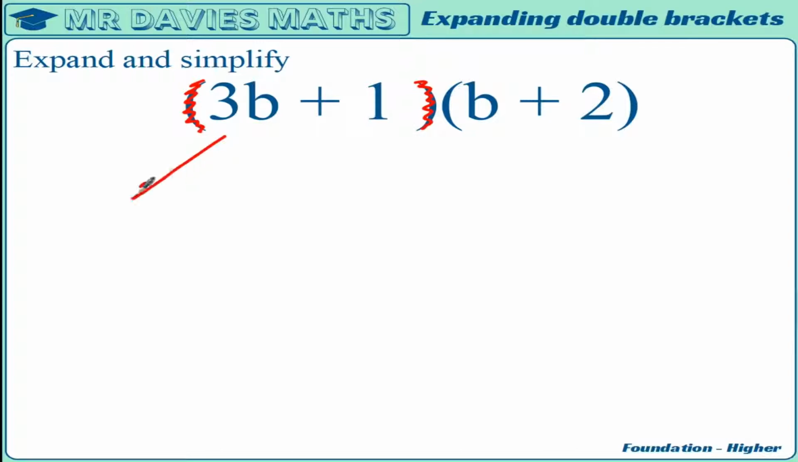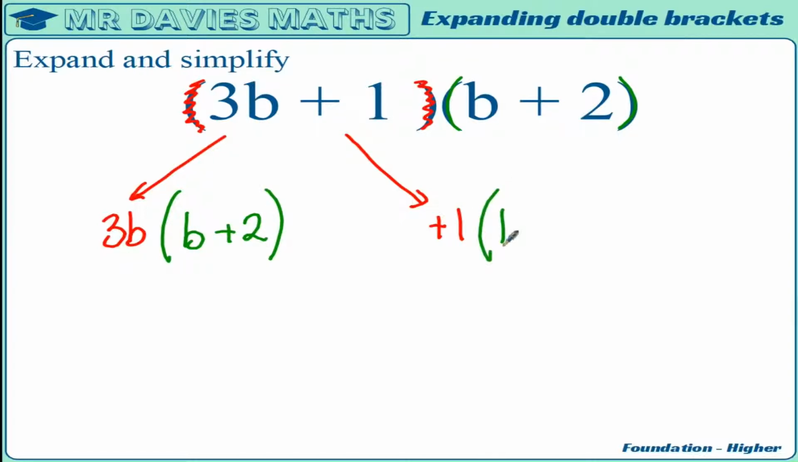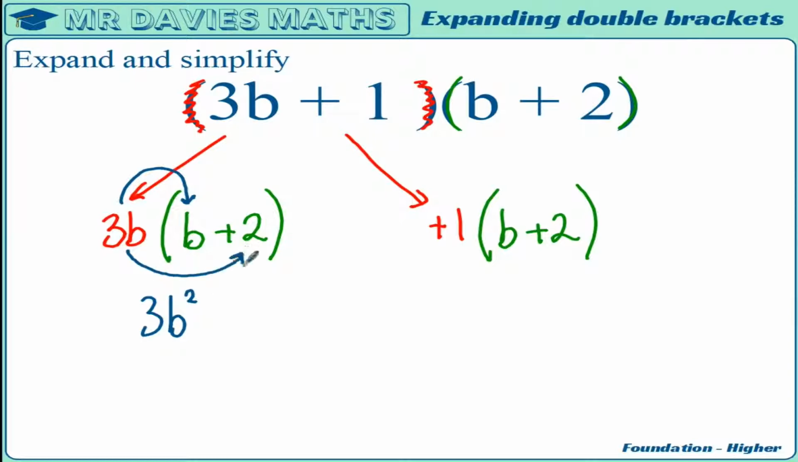I've got 3b and I've got positive 1. Right, stage 2 was the repeated bracket. It's going to go over here. So b plus 2, and we've got b plus 2. Right, single brackets. 3b times by b is 3b squared. 3b times by plus 2 is positive 6b. That's that one done. Plus 1 times by b is positive 1b, and plus 1 times by 2 is positive